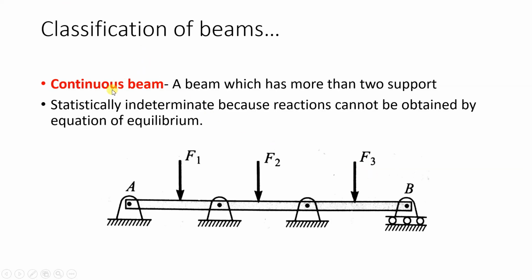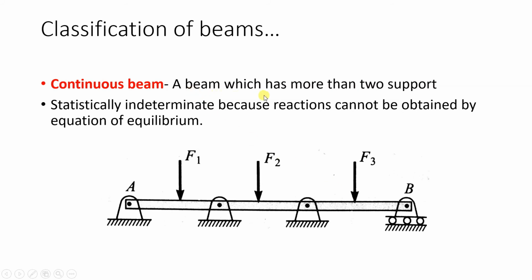Then the next type of beam is continuous beam. Now for a continuous beam, here you can see point A, suppose this is point B, point C is there. Everywhere hinge support is there. One side we have roller support, and basically a lot of supports are there and loads are acting.